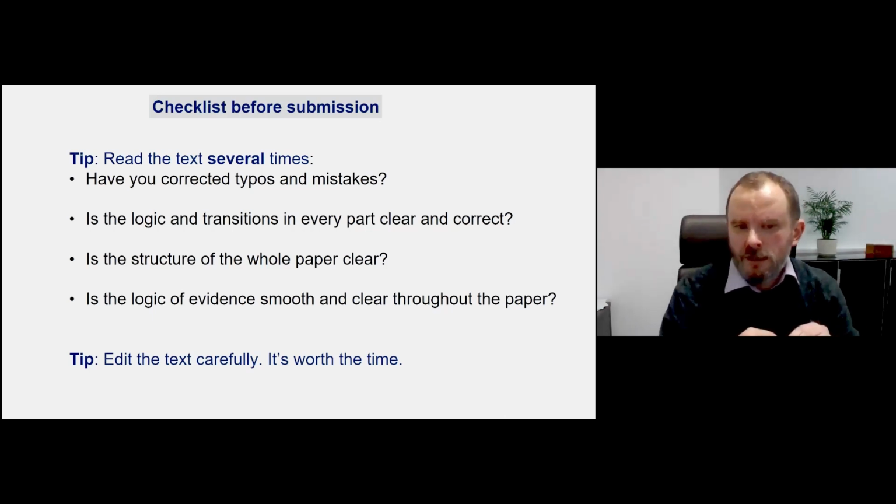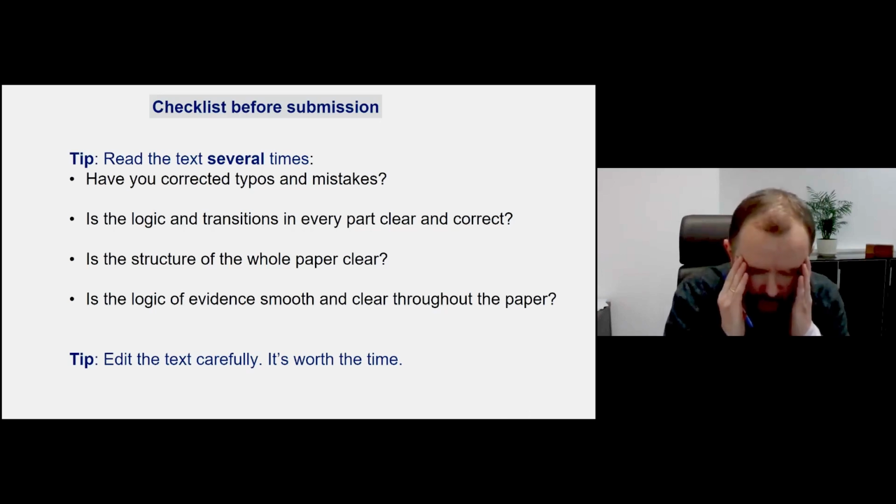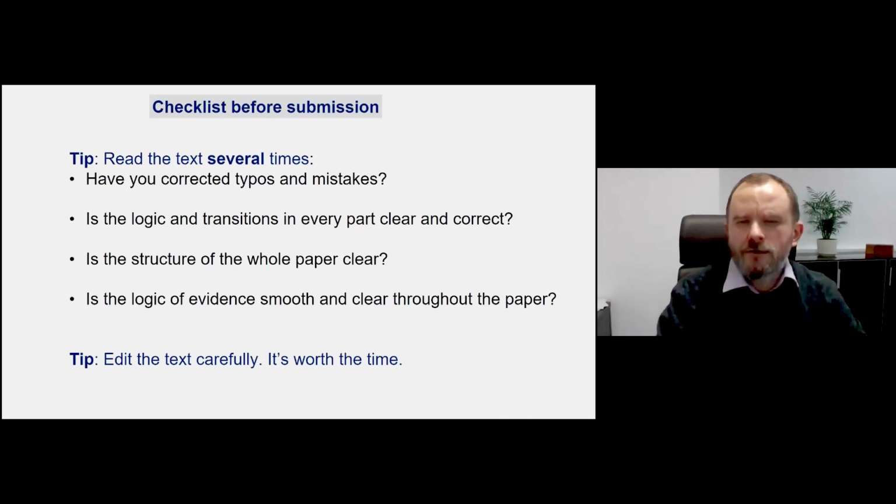Because sometimes editors receive texts which are very badly written, with many misprints, bad English, illogical and so on. They will not say that they reject your paper just because of this bad presentation. They will find other reasons. Say, results are not so original, or it doesn't correspond to the quality of the journal, and so on, and you will obtain this negative answer, because the editor thinks that there's no chance to improve it, that this is impossible to improve.